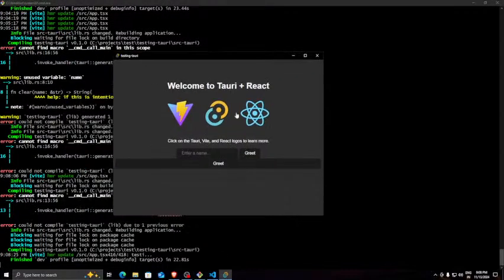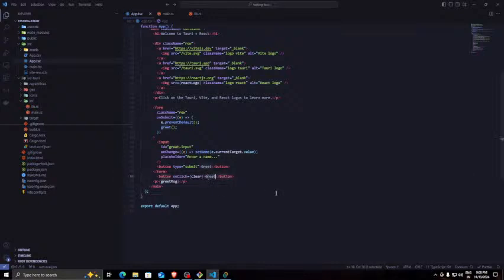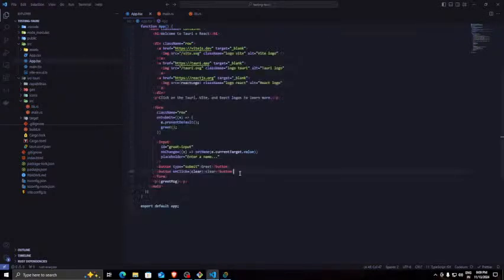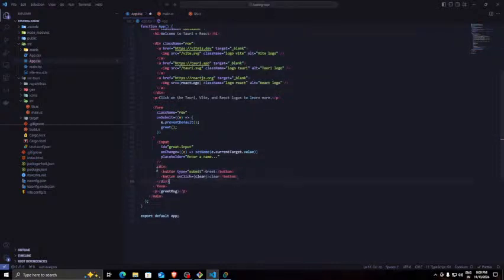Oh yeah, it rebuilt. Okay, so grid is this button, so maybe I'll change the name from grid to something else. Clear. Okay, and put this in here. Maybe I'll add a little bit of CSS. So what I'm going to do is a wrap box, no, not box, div. I didn't install that yet. So div,